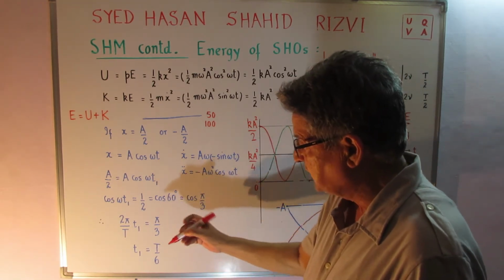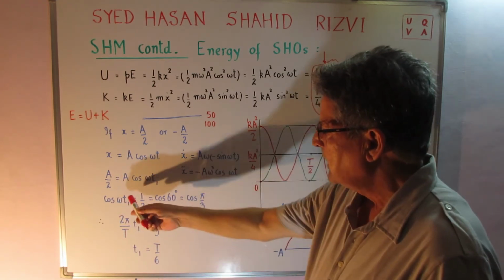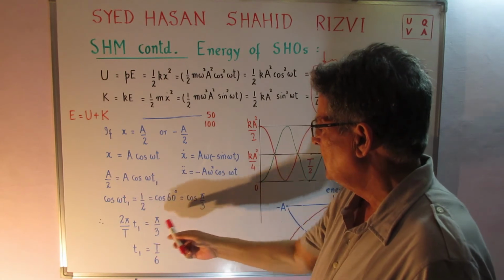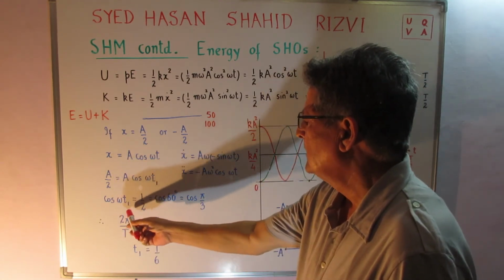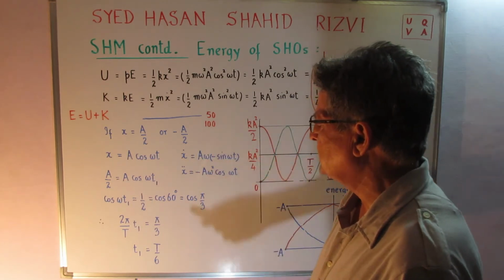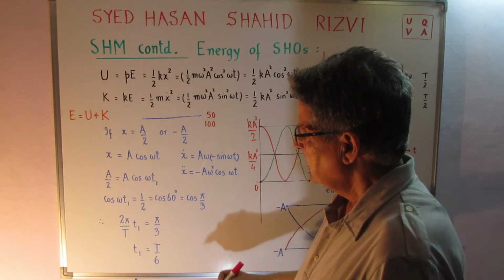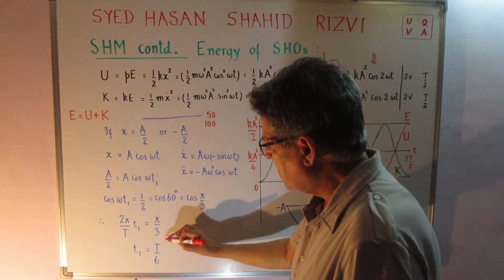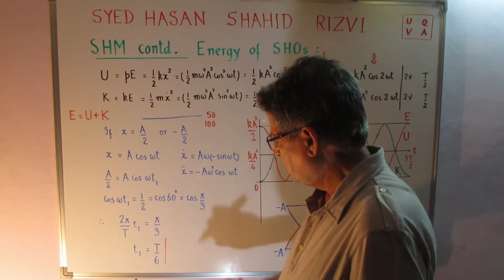Then I equate this here: 2 pi upon capital T for omega, and omega t1 is equal to pi by 3, if I just compare the two phases. The two phases have to be equal, and therefore I find that the half value will be obtained at T by 6, because we are starting